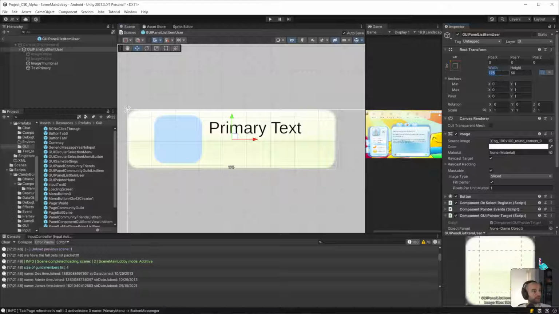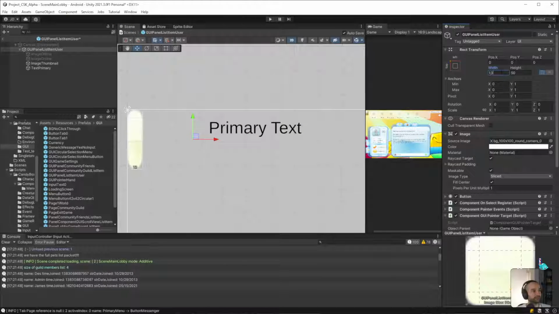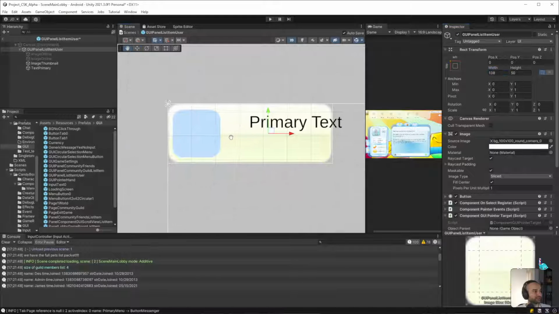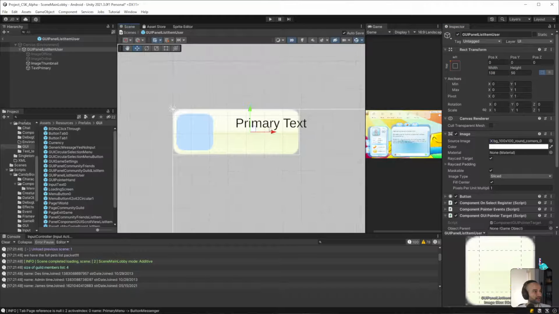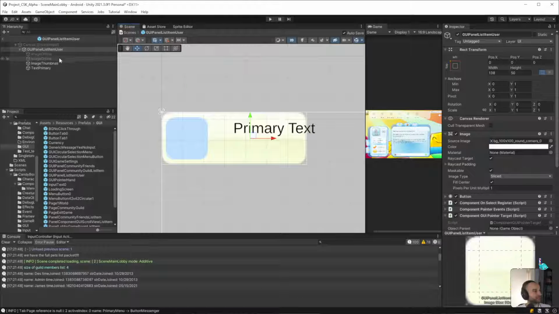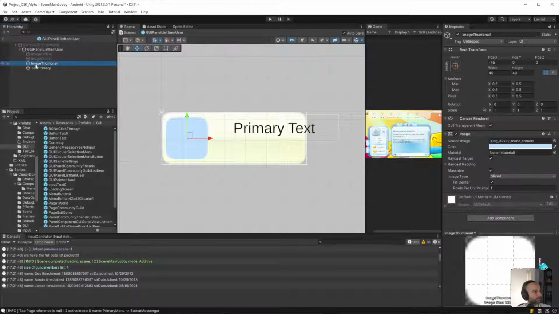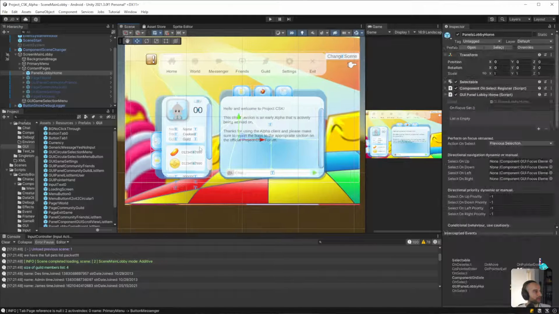So 170 is definitely too big. I did say it was going to be 138 or 136, something like that. When we bring that down, that leaves considerably less space for the... this doesn't look like the right object. I duplicated the wrong object, because it should have that image and a border around the image.